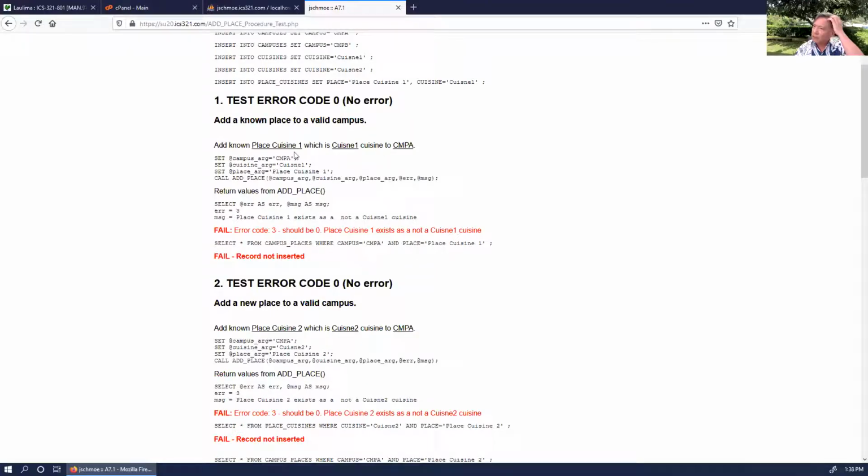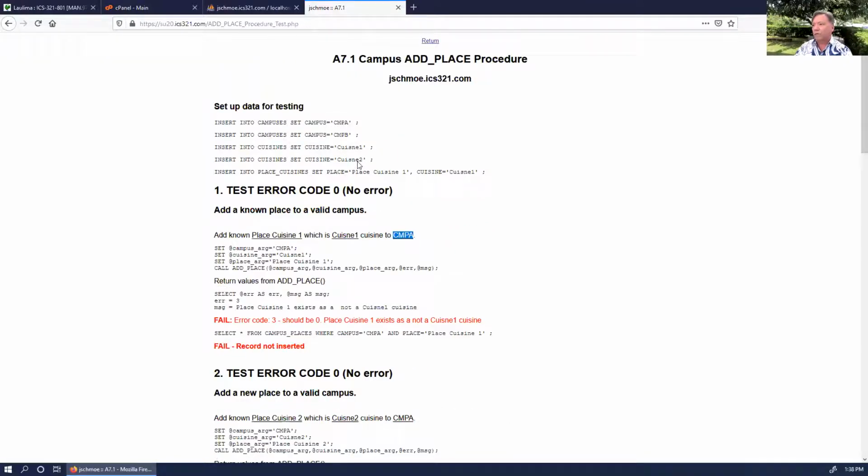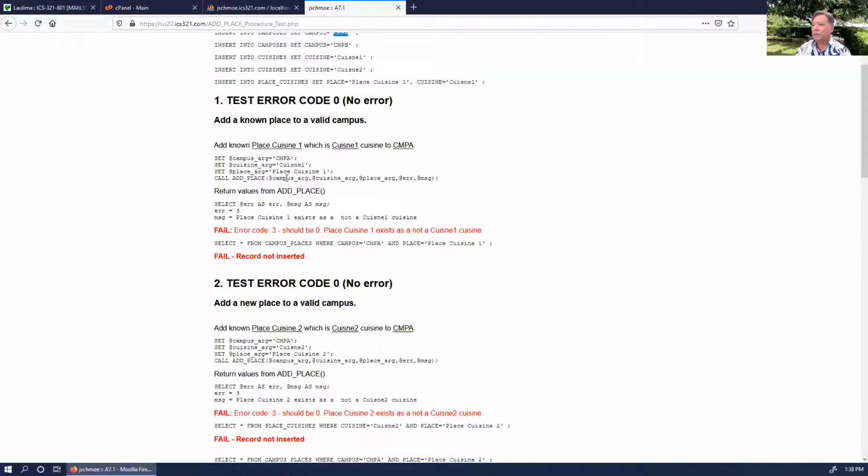I first try to test and see if I can say Place Cuisine 1 is a favorite place at Campus A. There's no favorites at Campus A or Campus B yet. I just added those campuses. So I should be able to, and Cuisine 1 is a valid cuisine, and Place Cuisine 1 is a valid place. So I should be able to add that into Campus A, and it should accept it. And so here I set up the arguments, and then I call my